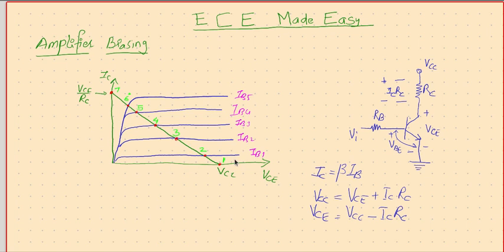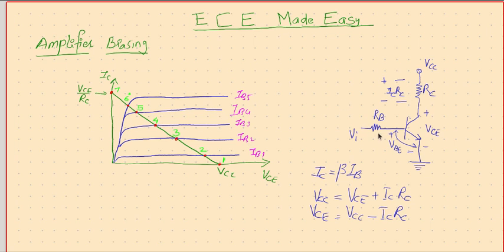Now, for different base currents, we get different curves. So for IB1, this is the curve. That means anywhere on this curve, our operating point will be placed depending on the load resistance. The load resistance is finally going to decide the points on which we can fix up the amplifier to operate. Hence, we call it an operating point.